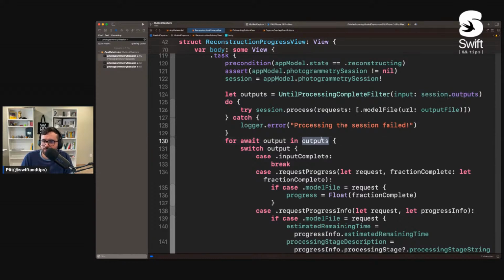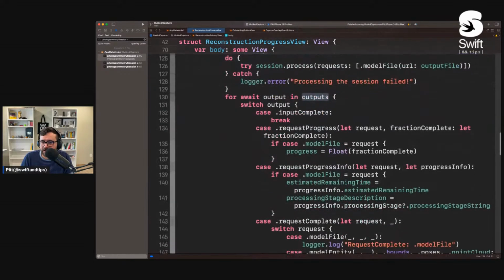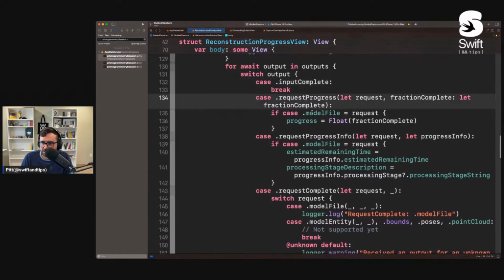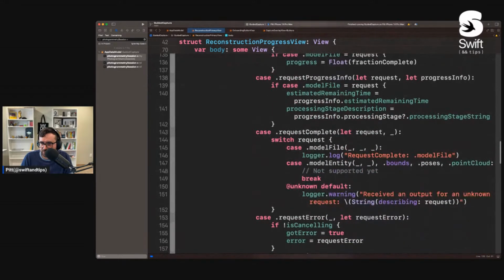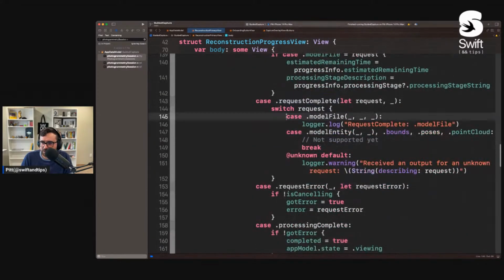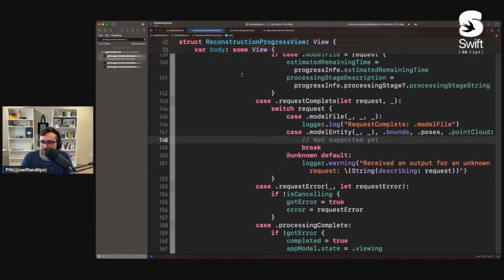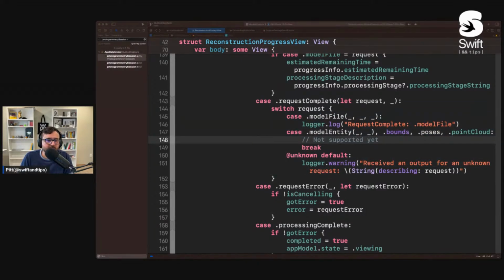And that's why we are getting that here. And then the rest is just capturing what will be the state of each output generated. And at the end, let me see, request input complete, request complete. Here we can do whatever we decide. That's about it with the